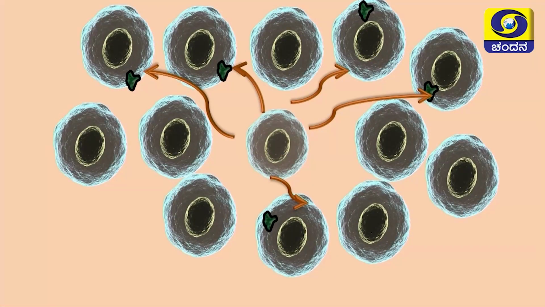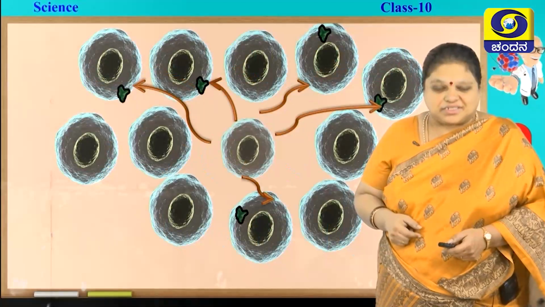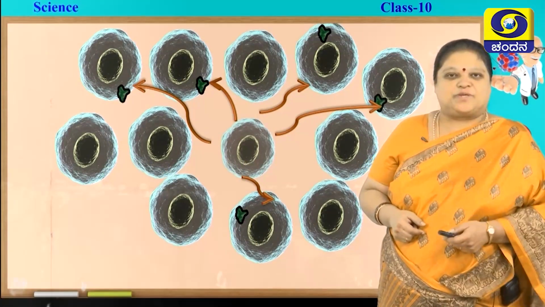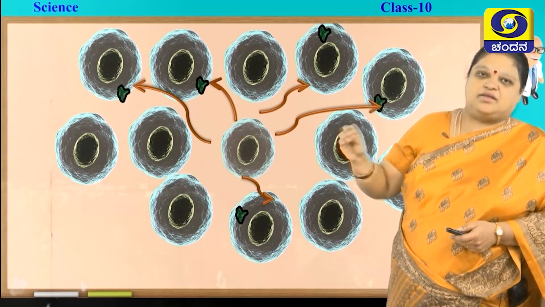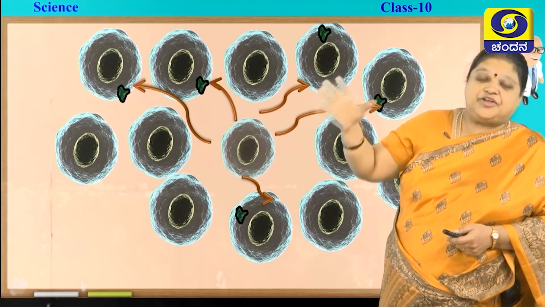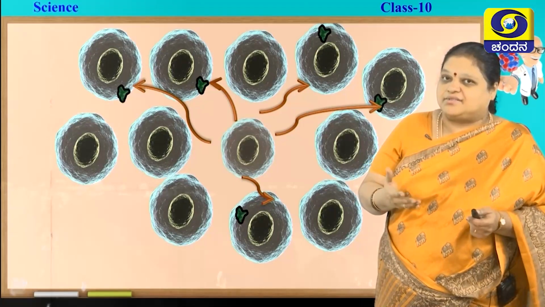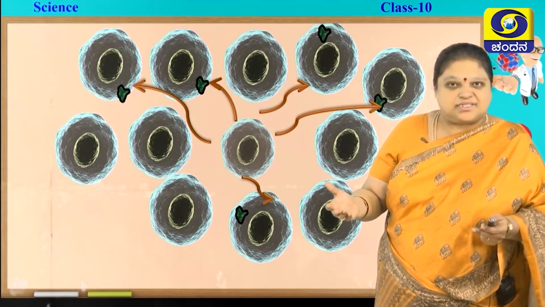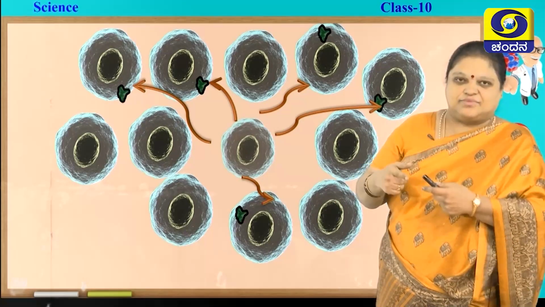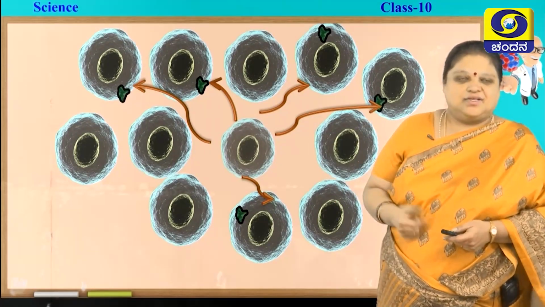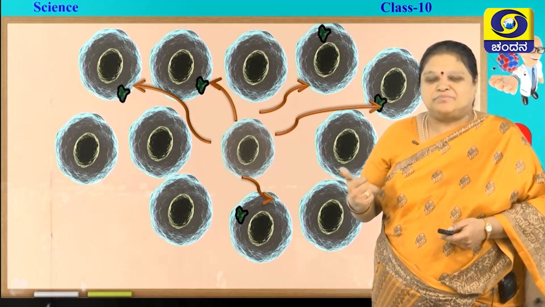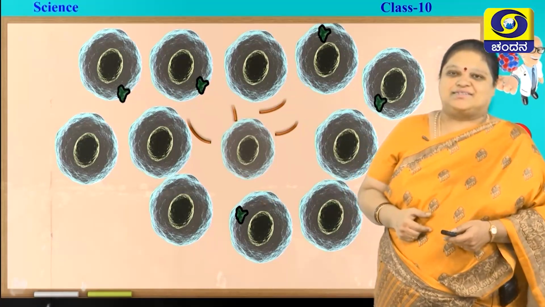So which ones will not receive? Those which do not have those proteins will not receive. And here there is one more speciality. These chemical impulses are sent continuously, non-stop. Whereas in animals, they cannot send the impulse continuously, they have to reset themselves. Here it is not the case. So you understood how chemical impulses are sent in plants.